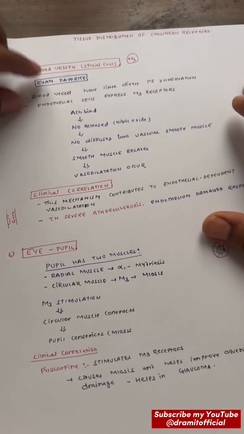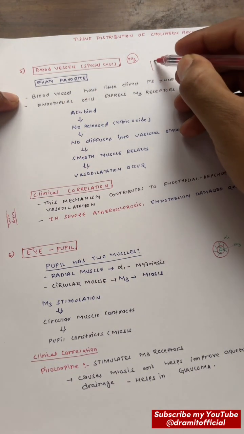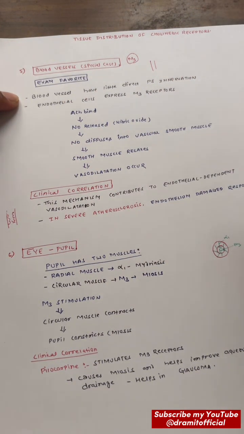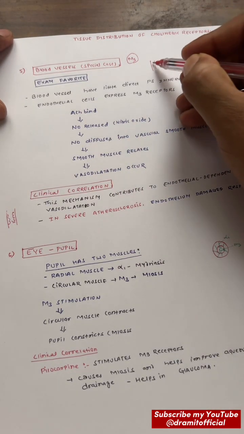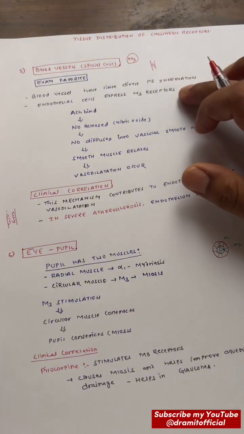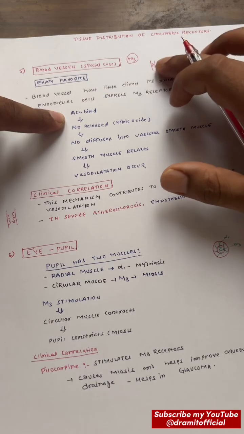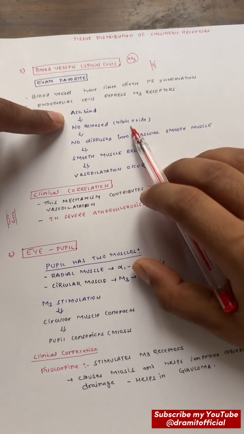Okay, so this is a very exam favorite topic. The blood vessels in our body have a little parasympathetic innervation. Okay, little. So the endothelial cells, we all know there are endothelial cells in the blood vessels. In the endothelial cells there are M3 receptors. So when ACh, that cholinergic ligand, binds to this M3 receptor, then nitric oxide gets released, and